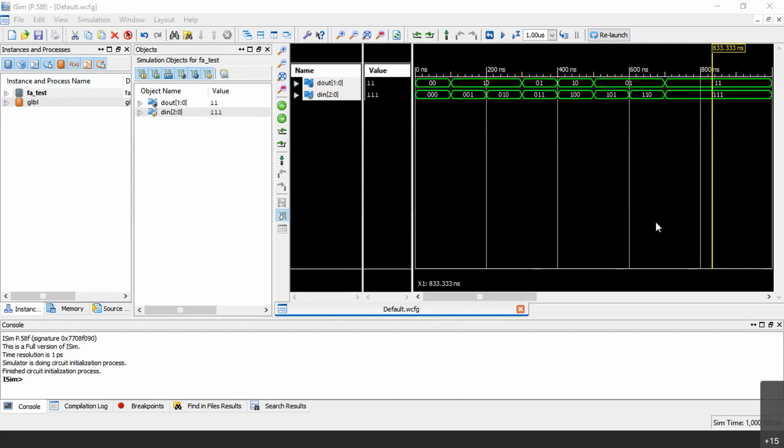I hope people are listening. Earlier we saw all individual waveforms, but now we are not seeing the individual waveforms. Instead, we are seeing a bus here. So can you tell me why?